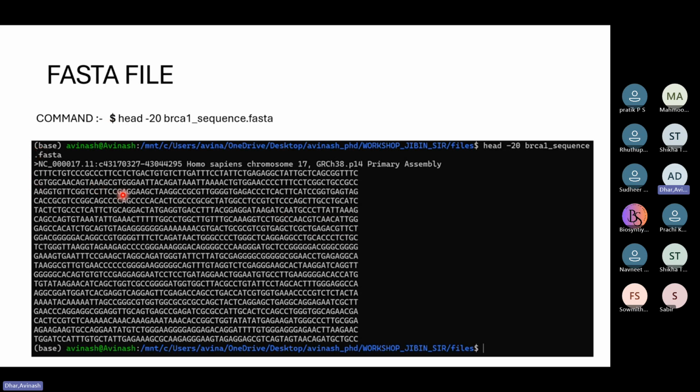First of all, you don't know whether it's a gene or not. You don't know whether it has any exonic regions or not. You don't know whether within exons there are any coding sequences, CDSs, or not. Where is the UTR, 5 prime, 3 prime? All these things we don't know, right? For us at this point of time, it's just a plain sequence,